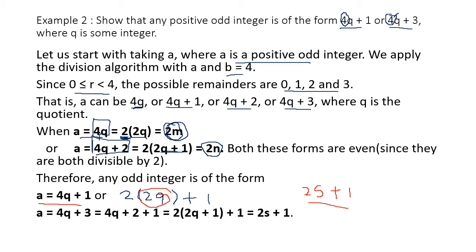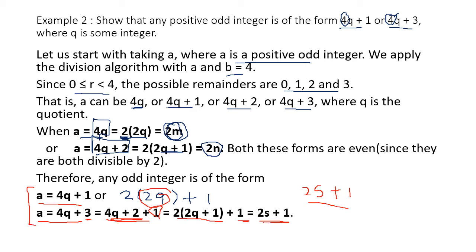And again, when a is 4q plus 3, I can write this 3 as what? 2 plus 1. So I have written 4q plus 2 plus 1. Now out of this 4q plus 2, I have taken the 2 common. Can you see here? So it becomes 2 into 2q plus 1, and this 1 I have kept outside the bracket here. So this has also become the form 2s plus 1. Now 2s plus 1 is which form? It is the odd form. So you can see these two numbers are in which form? 2s plus 1 or 2p plus 1, whatever you want to call it, or 2q plus 1.